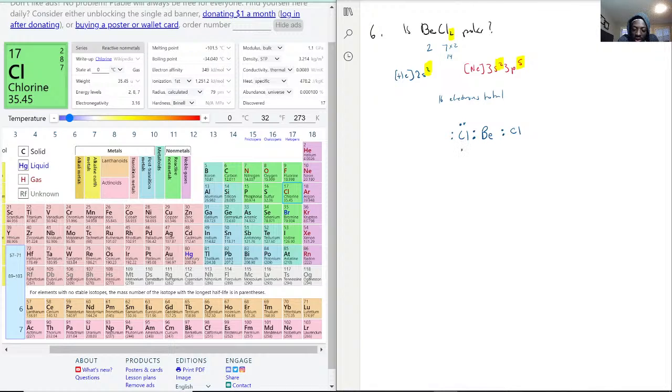and then we just fill in the shells. At least we assume, because beryllium only had 2, so it doesn't really care about getting the rest, and chlorine wants to follow the octet rule, right? And we fill in blindly, but then we count to see if we actually coincidentally accounted for all of them. So we do have 2, 4, 6, 8, 10, 12, 14, 16. So we actually accounted for all the electrons that BCl2 should have, beryllium chloride. So with that being said, now we just have to make sure that we actually did it correctly by factoring its